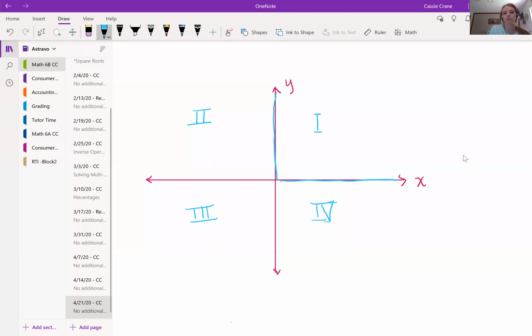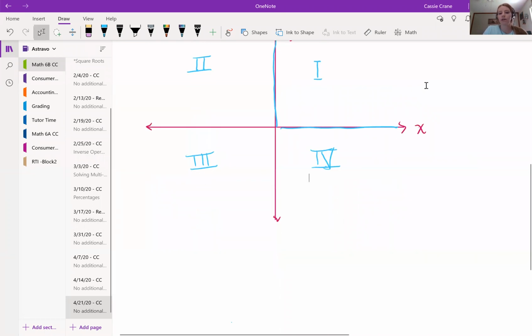Again, Roman numerals for all this. Well, at least we only have to go to 4 for these Roman numerals. So again, it starts at the positive, positive, or the top right with quadrant 1, and then you just go counterclockwise, 1, 2, 3, 4. The reason we want to know that is because sometimes it won't even ask you to plot the point. It'll just say which quadrant